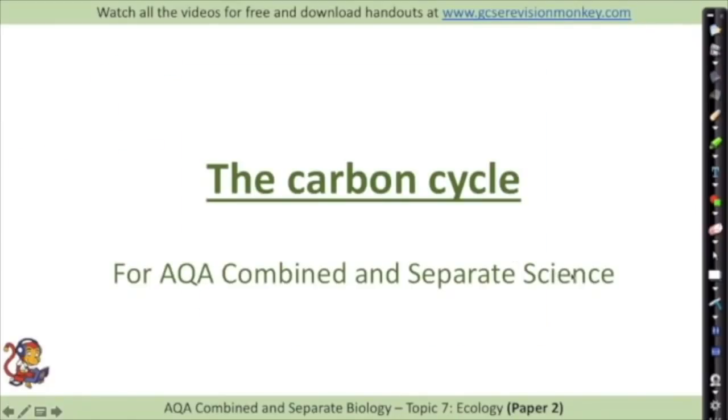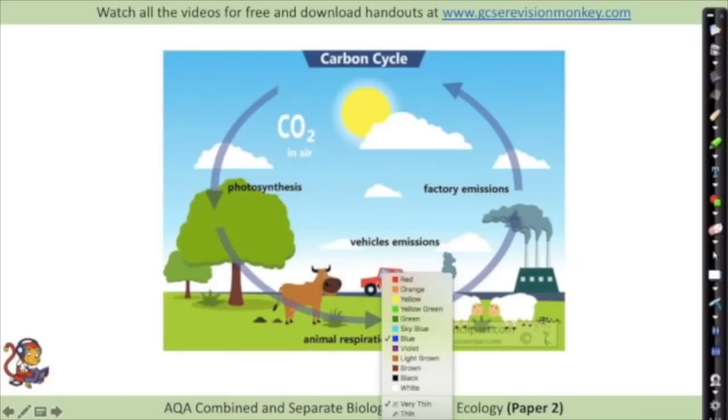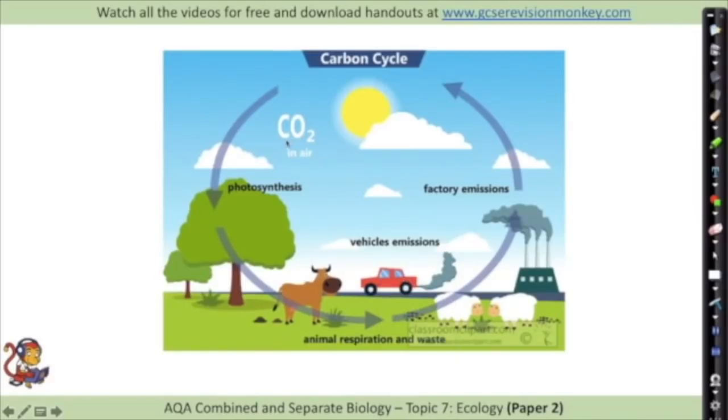Further to the water cycle, you also need to know how carbon is cycled. So carbon is a compound that you're probably well aware is in the gas carbon dioxide. So carbon dioxide has a major involvement in moving this carbon around the atmosphere, but it doesn't always have to involve carbon dioxide. Let's start over here first of all. Photosynthesis is part of the carbon cycle because plants take in carbon dioxide and then they add that to water that they take up through their roots, and they make a substance called glucose